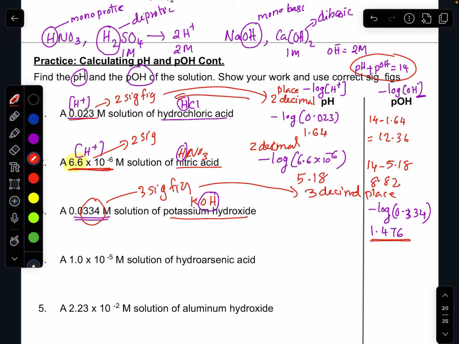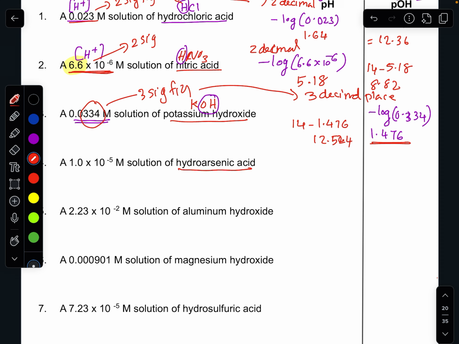Okay, that's why I kept 3 decimal places, and when you subtract 14 minus 1.476, we have to keep the same decimal place. Okay, so the answer is 12.524. Okay,